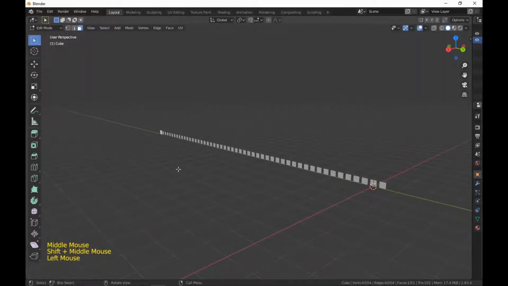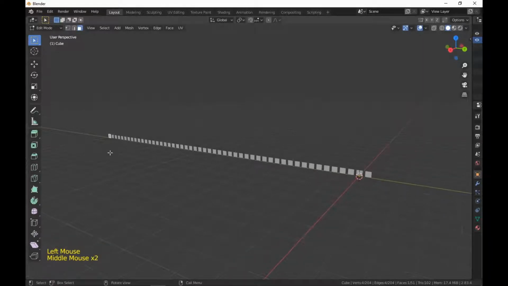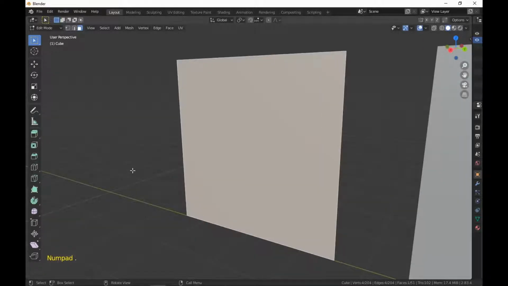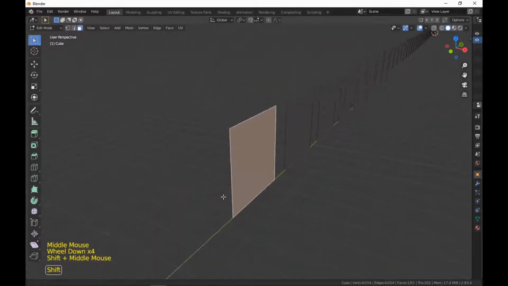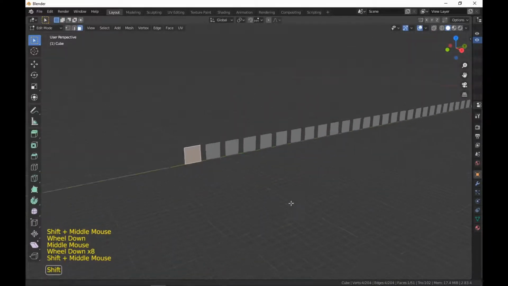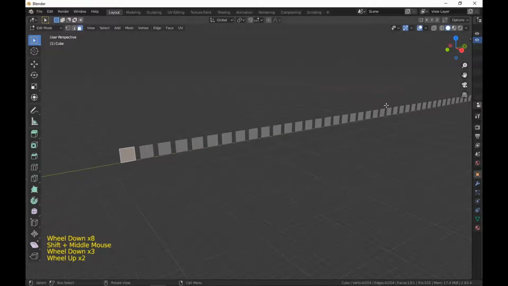What you can do about this is, if you click on a face like that, if you press period or full stop on the number pad, not the one on the keyboard, the one on the number pad, it will take you straight to that face. Now you're actually close in and you can work on that face. So if you ever get stuck in the zoom lock,